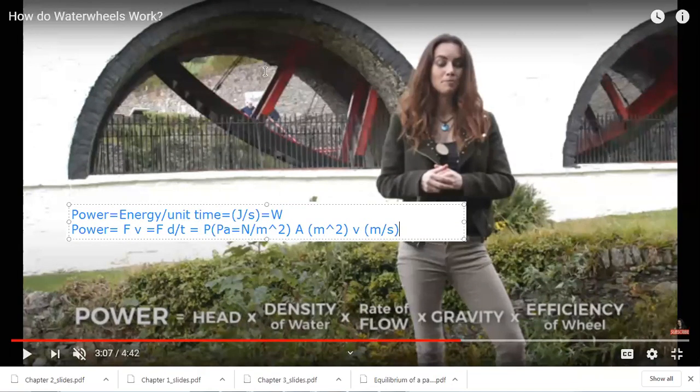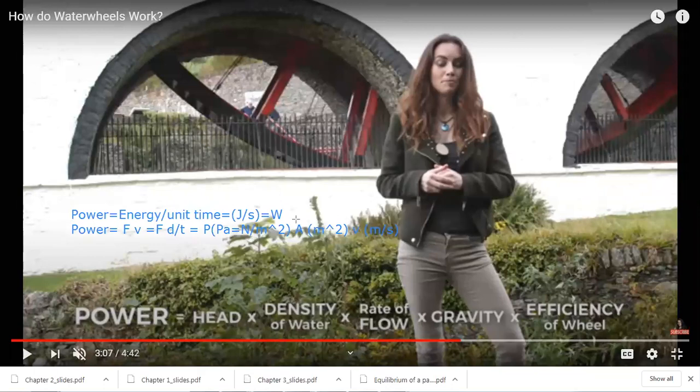So this term is called A times V. A times V is called the flow rate. In general, we annotate it in mechanical engineering as Q, okay? So Q is the flow rate, and it's in meter cube per second, okay? So now, in my problem, power is created from the potential energy of water, okay? And potential energy is calculated as,